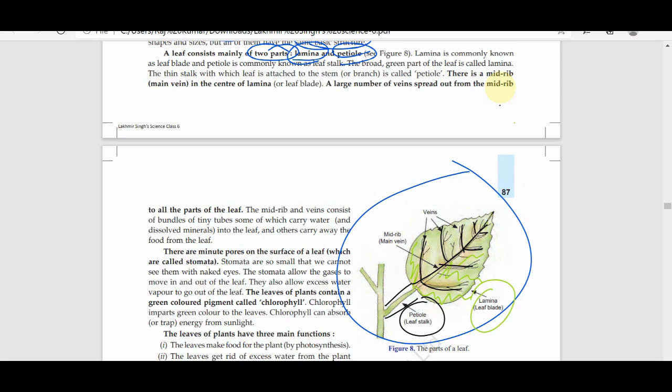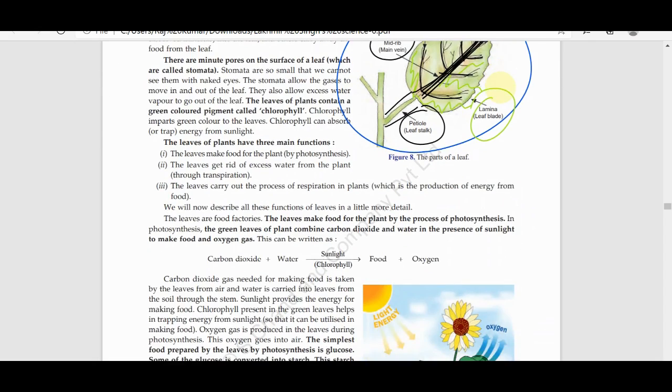So you have to remember that a large number of veins are spread out in the leaves, and the midrib or mid vein is the central one, and the smaller ones will be known as the veins. So you will see here there are some